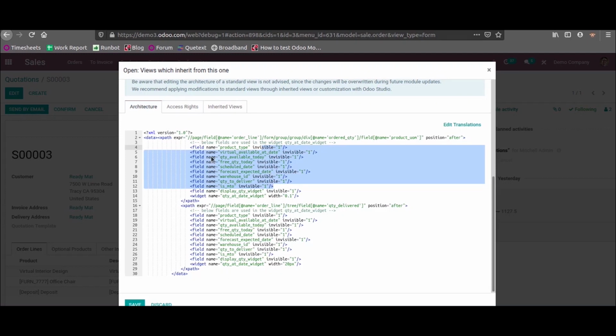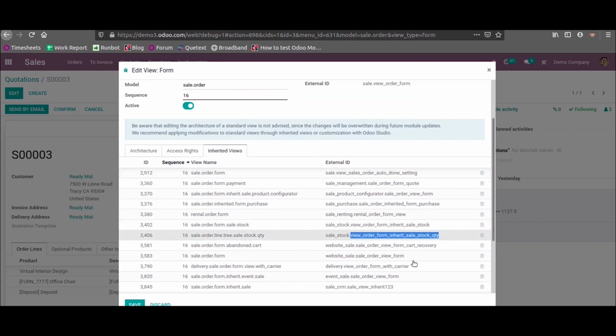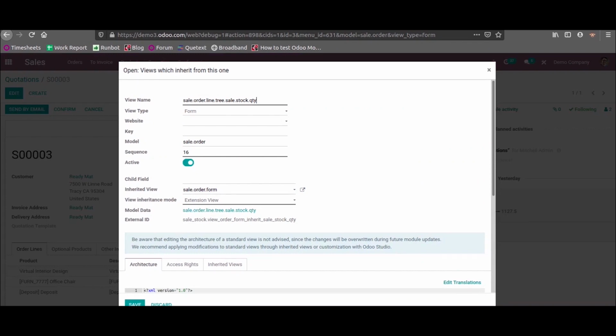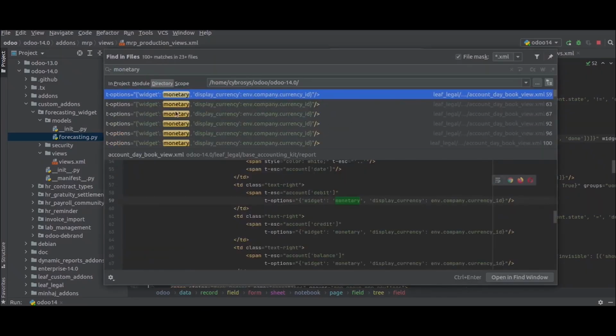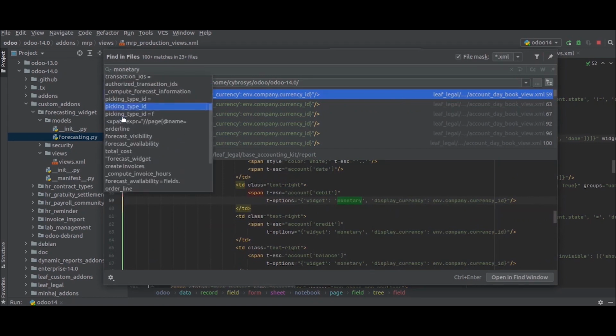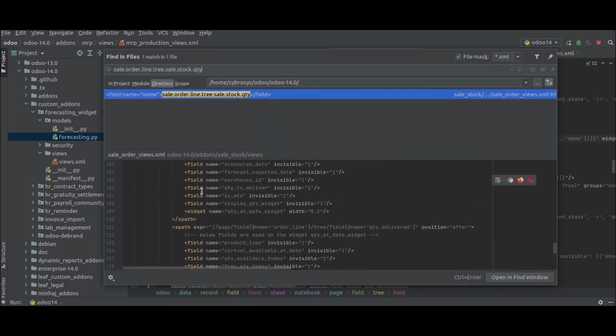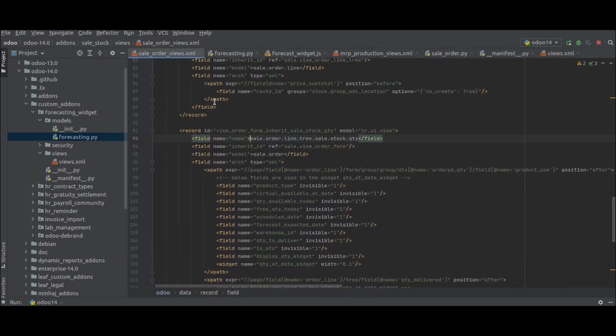That is, these fields are used for the computation of our quantity at date widget. Let me open the same view in our PyCharm, that is sale stock view quantity. Yes, this is the form view which we saw before.